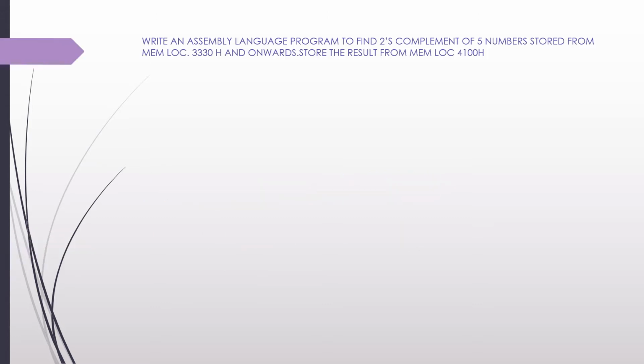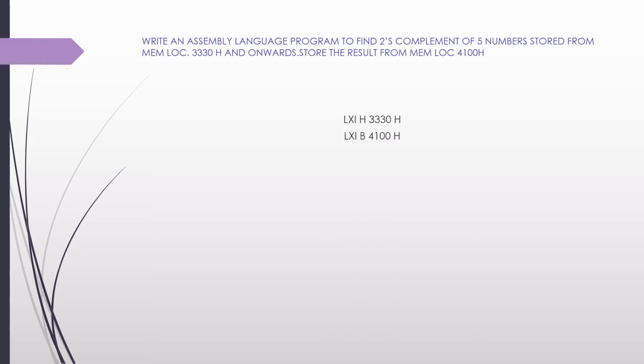So the first program that we are going to talk about here is a program to find the 2's complement of a number which is stored from memory location 3330 and there are 5 numbers. So you have to take the 2's complement of each of these 5 numbers and store them from memory location 4100. So the instruction that comes like this means what you have to first point to the memory location 3330